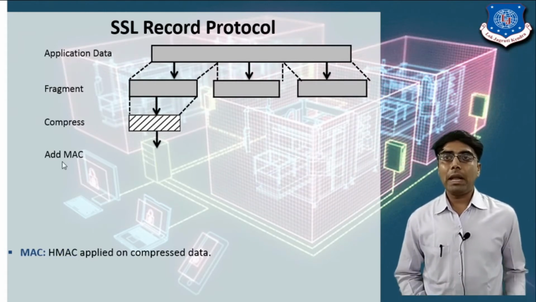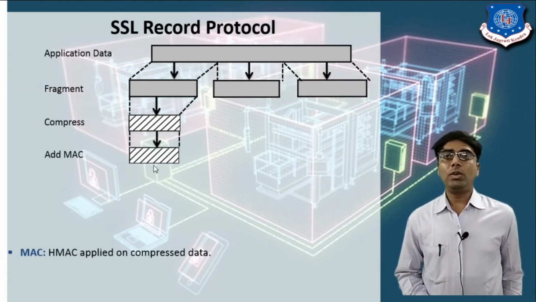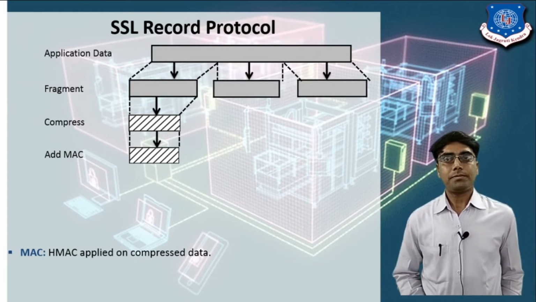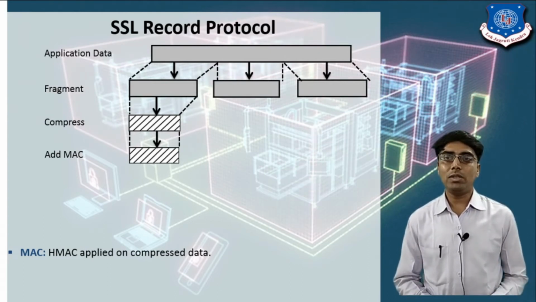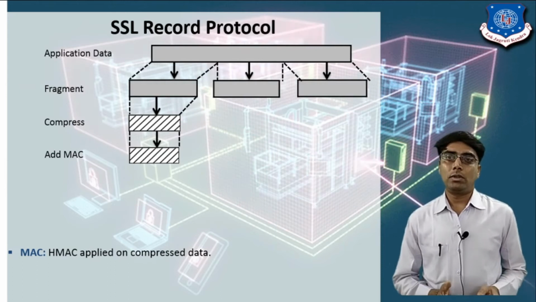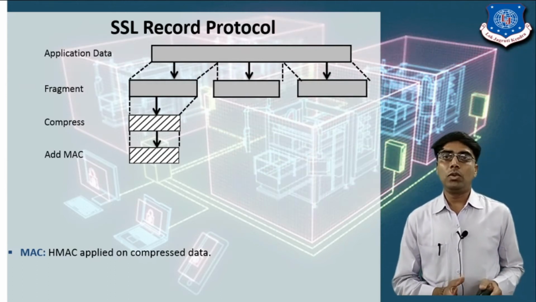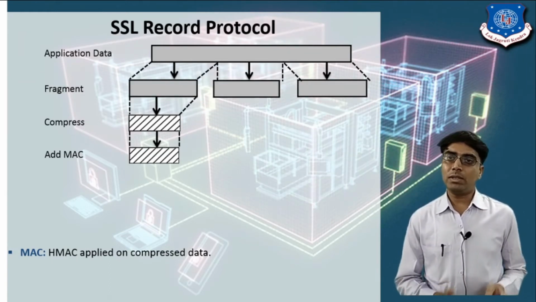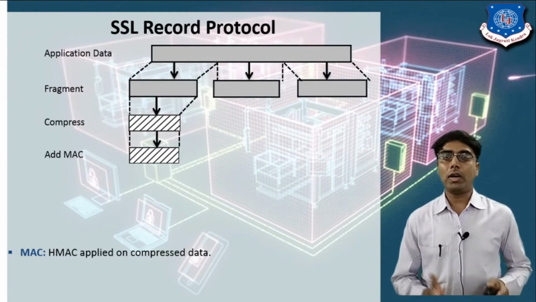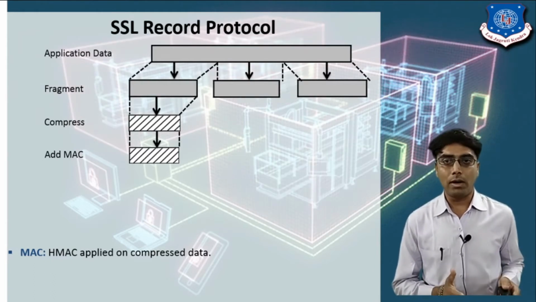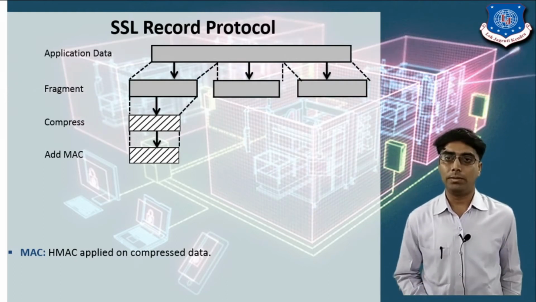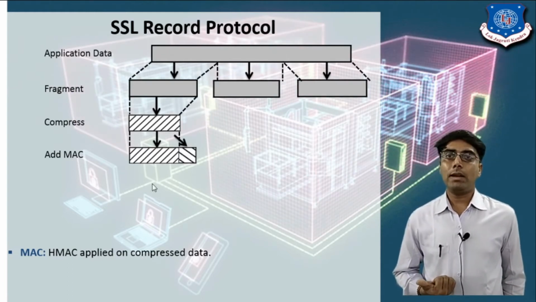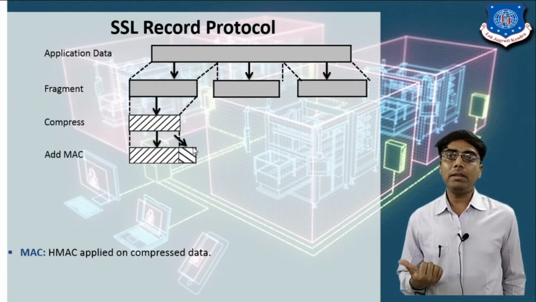After applying the compression function, we calculate the MAC. Here we use various authentication algorithms to calculate the message authentication code. It means that we can use the SHA-512 or MD5 algorithm to calculate the message authentication code. So now the MAC is applied to the compressed data. Now here we can append the HMAC to the